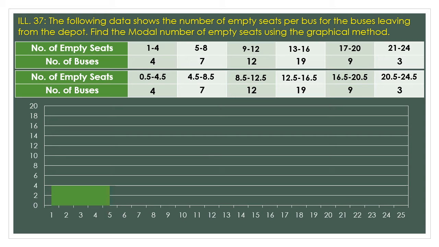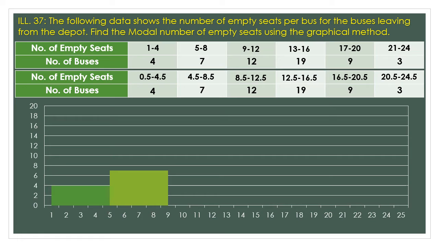Let's check out the second bar for the second class. But remember one thing, a histogram does not leave any space in between because it continuously goes on using the classes. So the next bar will start where our first bar has ended, that is 4.5. The second class is from 4.5 to 8.5 and the frequency is 7. So the bar will look something like this. It will start at 4.5, end at 8.5 and its height will be 7.